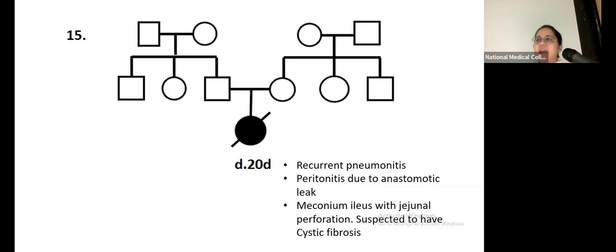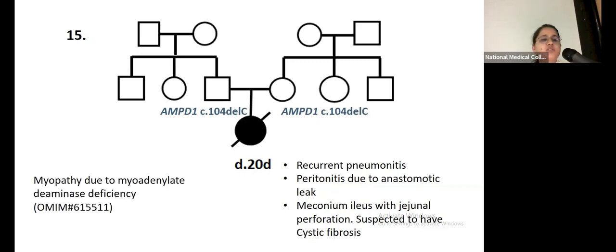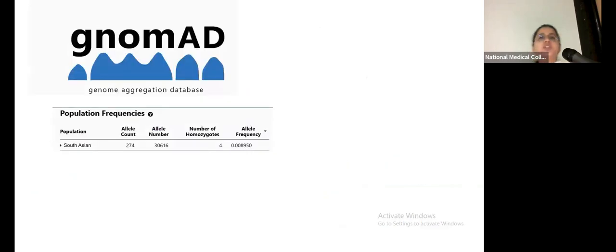Initially, the report that we got from the lab was that the parents were carrying a pathogenic variant in the AMPD1 gene. Now, this gene leads to myopathy due to myoadenylate deaminase deficiency and does explain the phenotype in the proband. But after 4 or 5 years, when we reclassified the variant, we first looked at the population database. We found out that there are 4 homozygotes for this particular variant. Now remember, gnomAD is a population database based upon healthy individuals. So if there are 4 homozygotes for that particular variant, it's very unlikely that this can be a pathogenic variant, because healthy individuals carrying this variant in homozygous form means that this is definitely not disease causing.